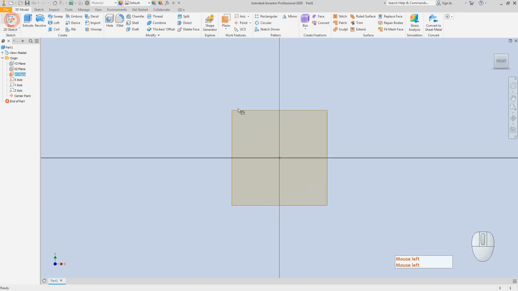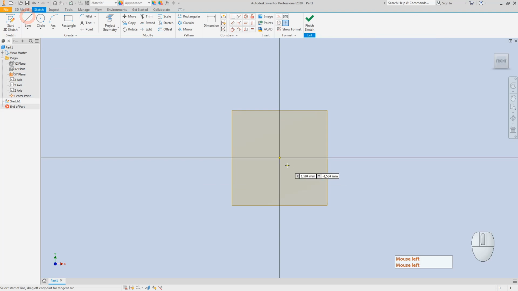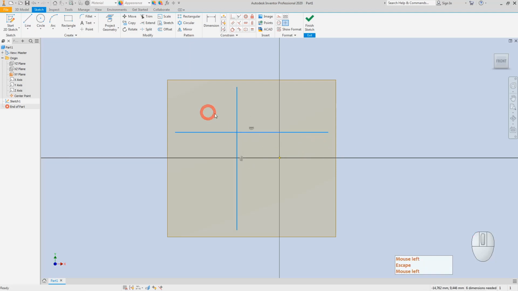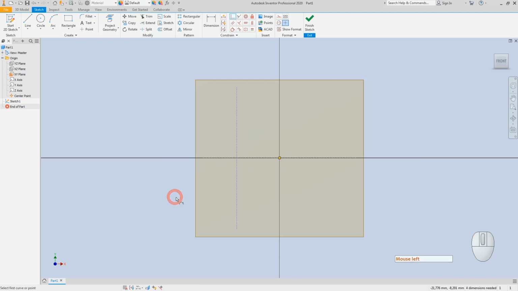For this, I will just start a new sketch on XY plane and just mark these with a center line. I will use that sketch later on. I have just created two lines with escape and convert them for construction purposes. I will just use these lines for dimensioning purposes. I will just get the midpoint, coincident constraint, midpoint to origin point, and move that one. Also, I will do the same thing for the other part,